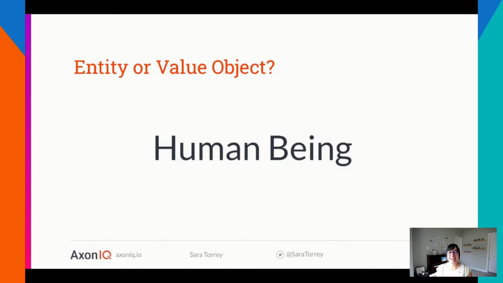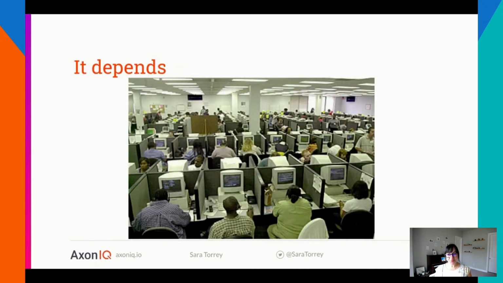However, just like anything in software, it depends. If we take human beings in this kind of context, we could indeed say that human beings can be value objects as well. Because in everyday life, you could argue that, yes, we are entities as individuals, right? We have continuity as we undergo remarkable changes, but we keep having the same identity, as I explained a moment ago.